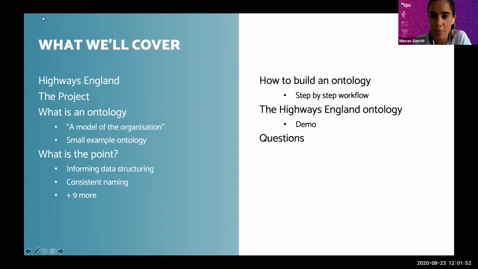Yes, and in the second half, I will use all the knowledge that Ocean will explain to us to build an ontology model, to explain how to build it and when we should start it. So it will be a bit more of a demo part. It's important to note that this is supposed to be more interactive. A lot of these concepts will probably be new. We might use some language that's a bit unfamiliar. So if you have any questions, please just ask them and we'll answer them later on. So without further ado,